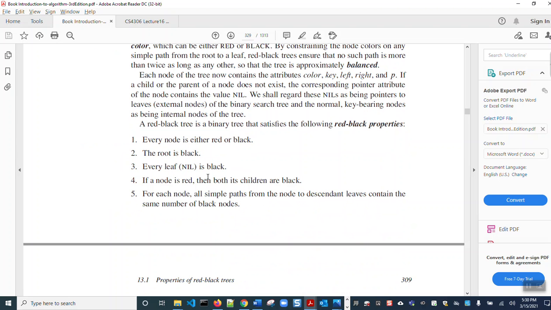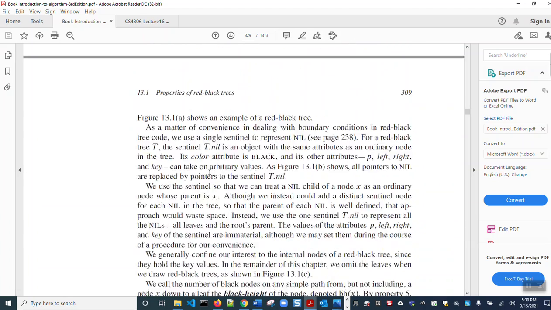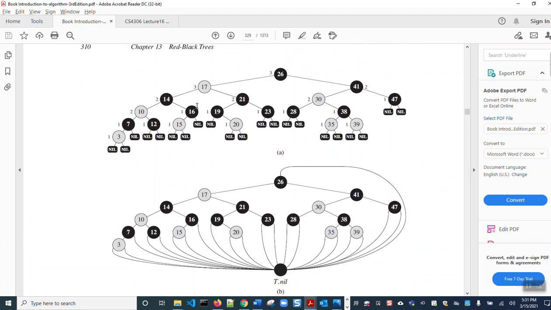Okay, so the main properties are, for instance, a few. Number one is that every node is either red or black, nothing else. All nodes will be either red color or black color, and the root is always black. No matter how many elements are in a red black tree, the root is always black, and every leaf or nil node is black. So let us see. This is the root, always black, and every nil, these nodes, are